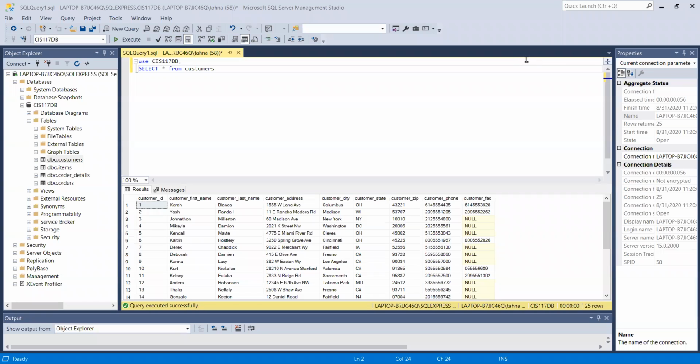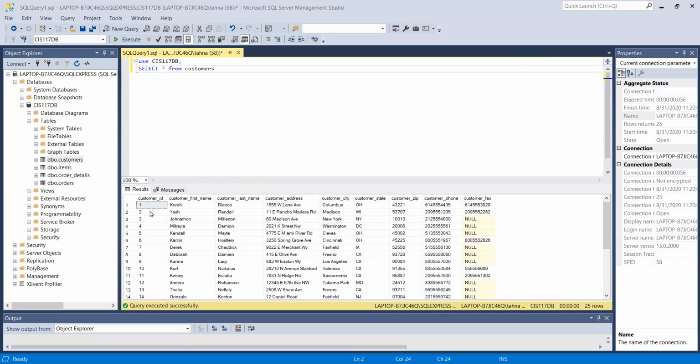Good evening. This is my very first SQL lesson, and I am going to talk to you today about nothing. More specifically, I'm going to talk to you about the value null. So I am starting with a table here of customers,